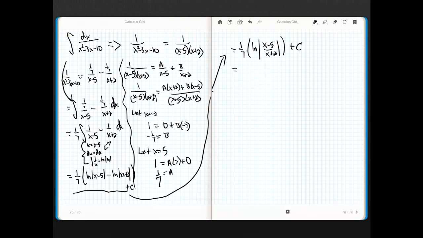And furthermore, remember the rule about coefficients of logarithms? They become exponents. So you could actually see this as the 7th root. Let's try that again. This becomes the natural log of the 7th root of x minus 5 over x plus 2. Now you may ask me, of course, absolute values, wait a sec, Ripley,